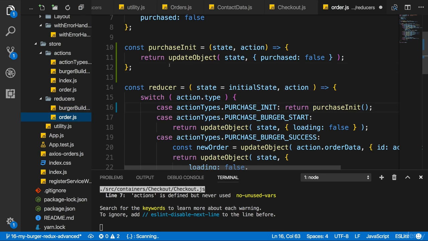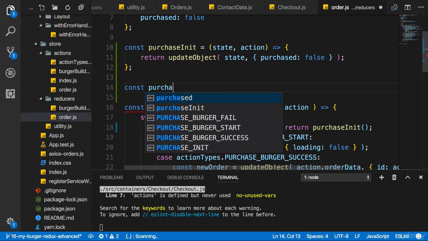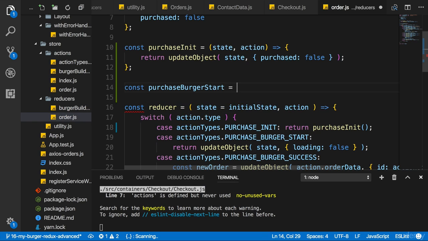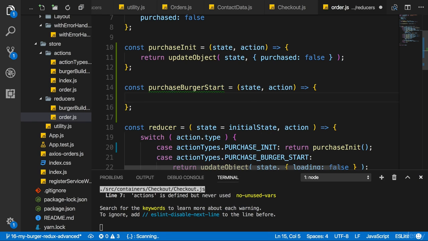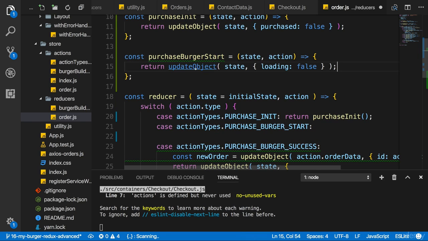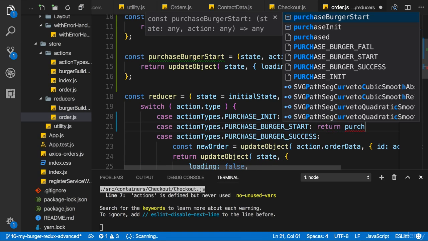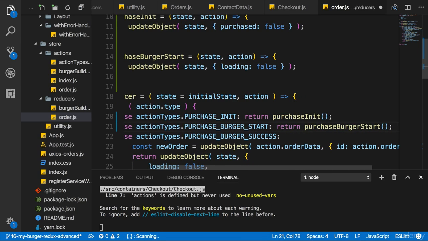Now for the order reducer, I'll therefore also create a function for purchaseBurgerStart, where I get state and action, where I will then also quickly put in the code of that case like that, and therefore return the result of the call to purchaseBurgerStart.